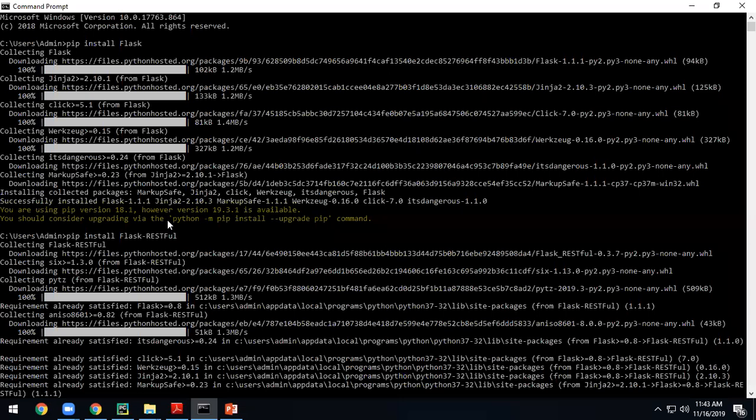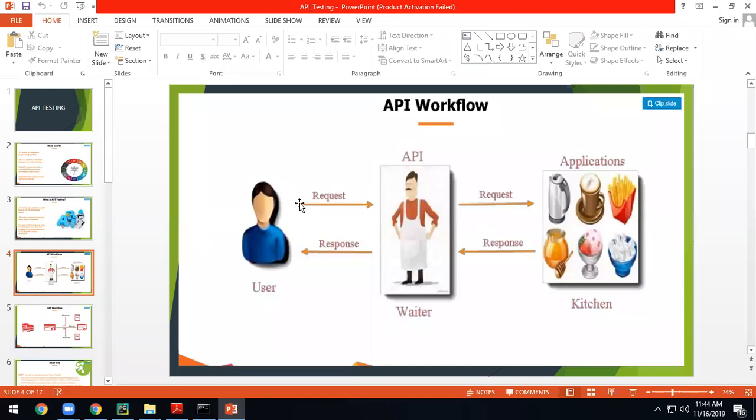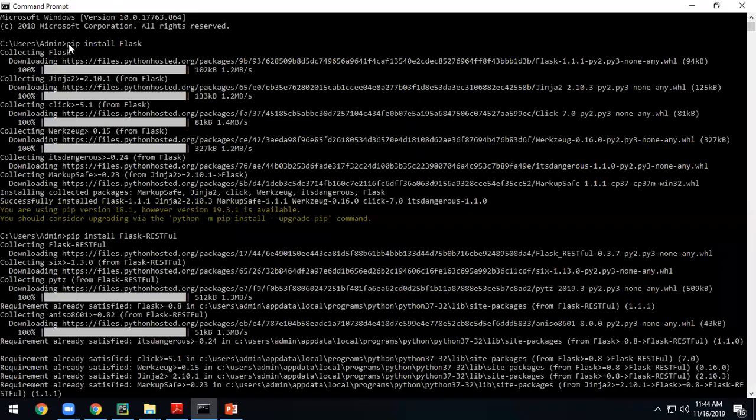Within a minute or so it will come. Pip install Flask, pip install Flask RESTful. This is the web service. I need a server also. Even though I am working on the client side, my interest is only this side. So I also wanted this, because some server has to be run and it has to give a response. I am trying to develop this one which supports API methods. So for all these things, I am installing Flask and Flask RESTful.